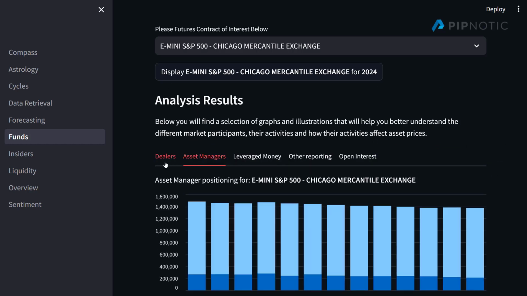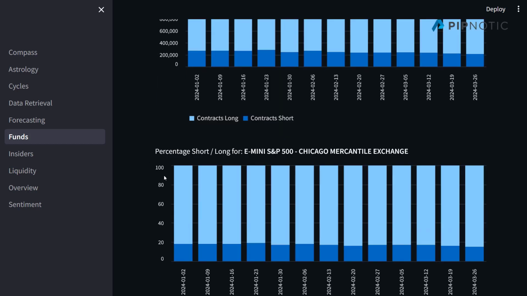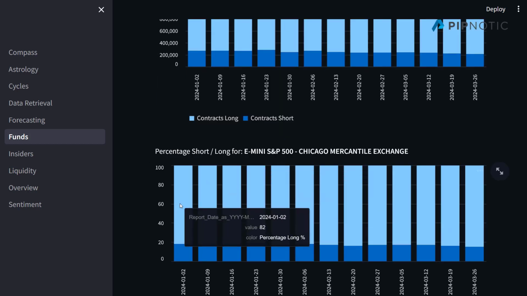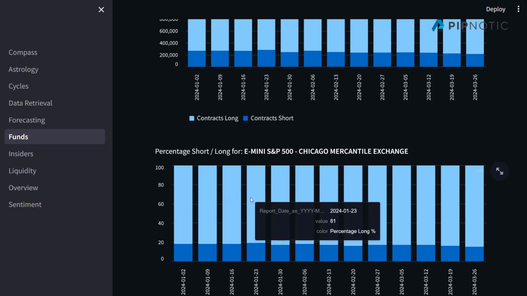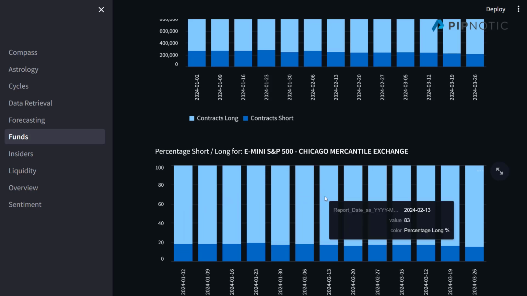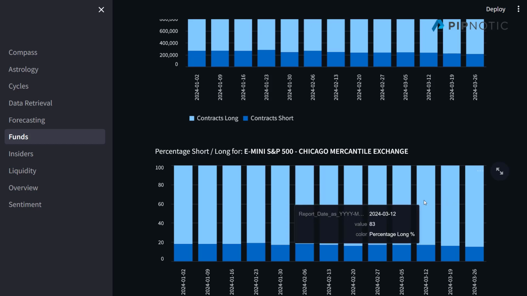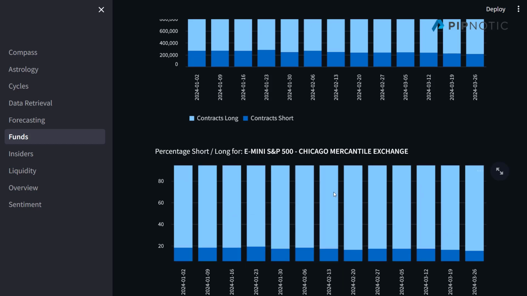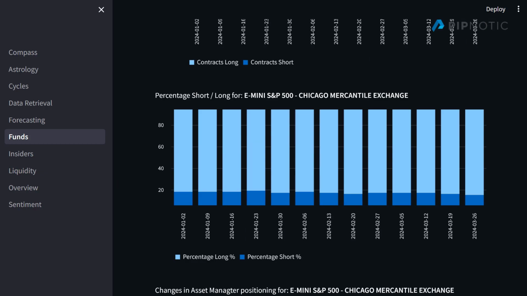And the asset managers are certainly buying way more than they are selling. You can see here 82, 82, 82, 81, 83, 82, pretty consistent low to mid 80s. So this is going to tell us that the price of the S&P 500 is moving very stably higher. It's been doing so for probably quite some time. So if we have a look at the chart,